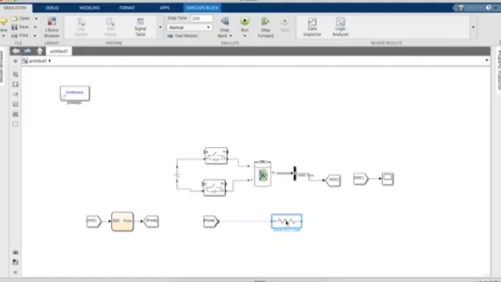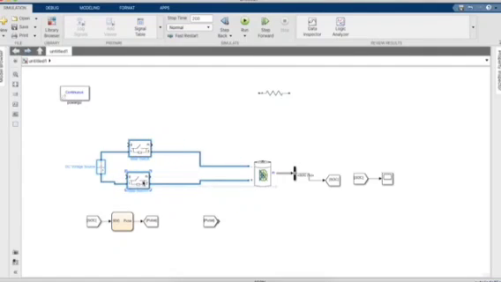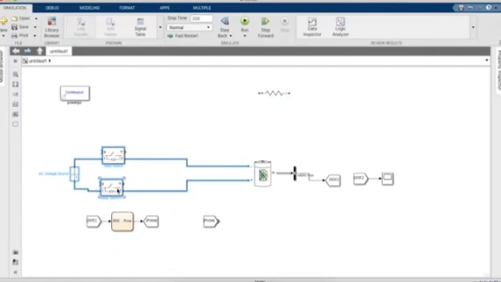So we make it a purely resistive load. Now we are going to adjust the load for our convenience and give two more ideal switches to this.